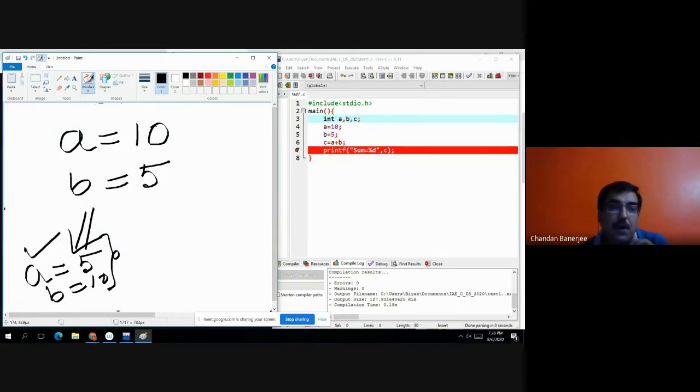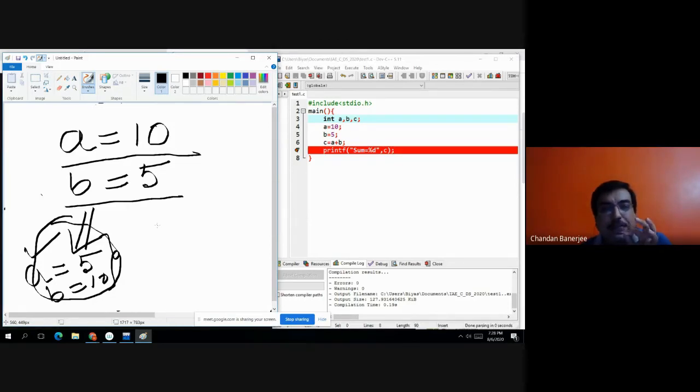Okay, so initially we have A equals to 10, B equals to 5. We have to swap, interchange these 2 numbers. So anyone, can you tell me the logic?